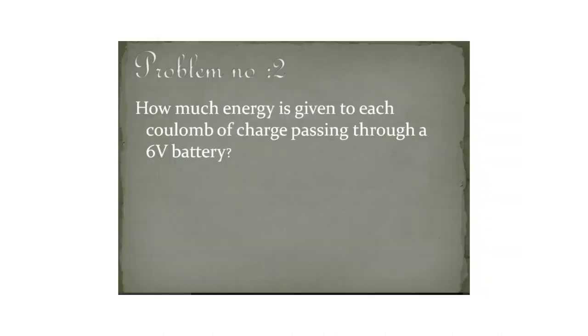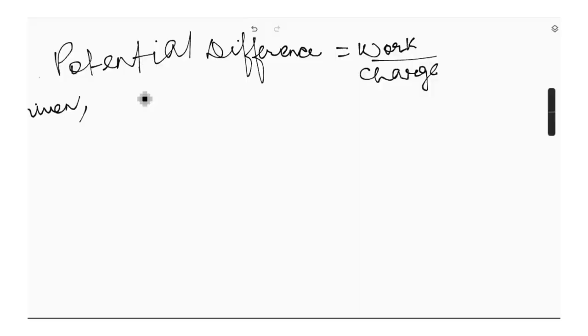Okay, now we have another problem, problem number 2. How much energy is given to each coulomb of charge passing through a 6-volt battery? Okay, so first we will see what is given in this problem. So we are given each coulomb of charge, means charge is 1 coulomb. So charge is represented by Q, charge is 1 coulomb,